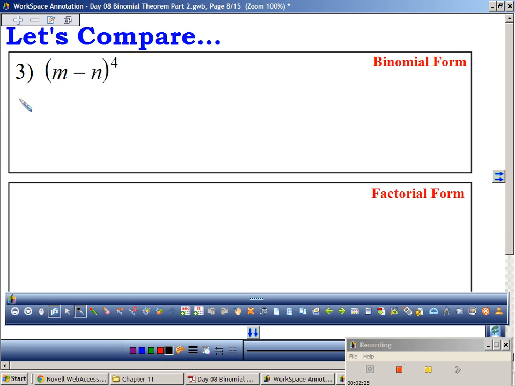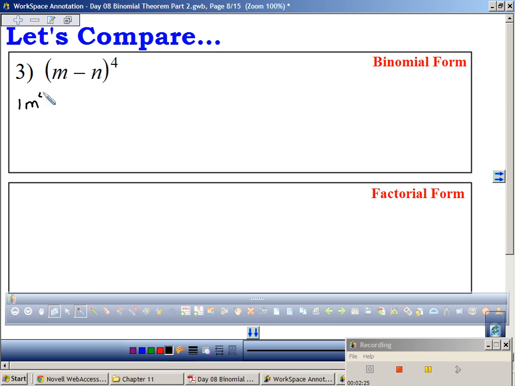Okay, so yesterday you always start with a 1, right? And then m to the 4th, n to the 0, correct? We've got a minus sign here, so we're going to have to go positive, negative, positive, negative, positive, negative. So I'm going to put minus. And then the second one is you just take that, whatever the power is, and you put it over 1. Then m to the 3, n to the 1,